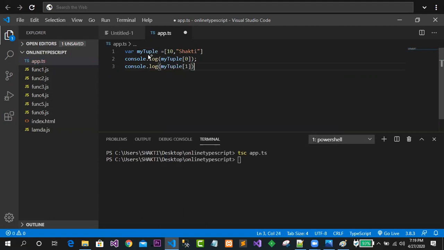Clear up to this? When I compile this project with tsc app.ts, it's been compiled now.